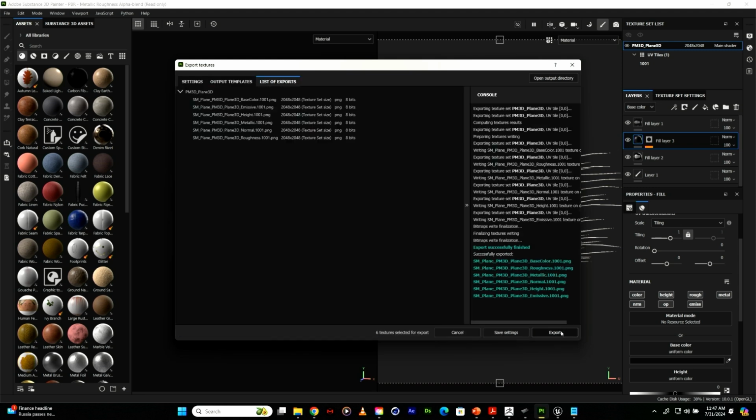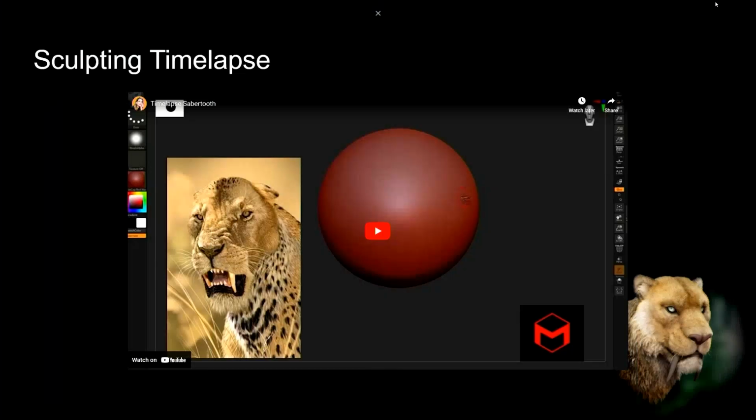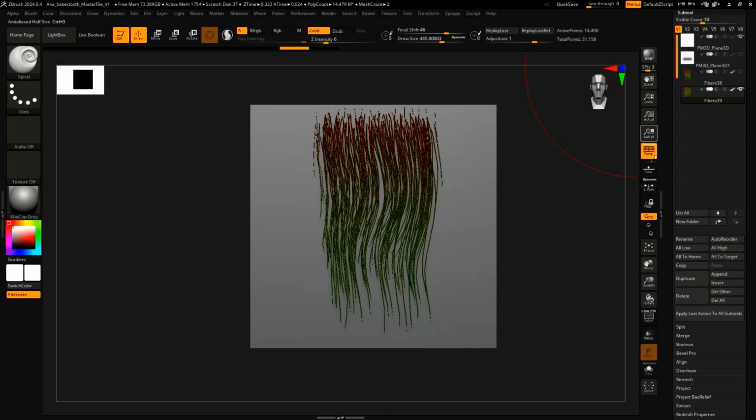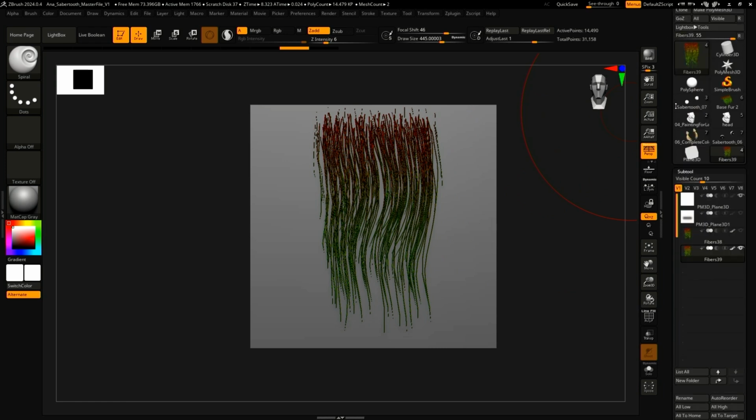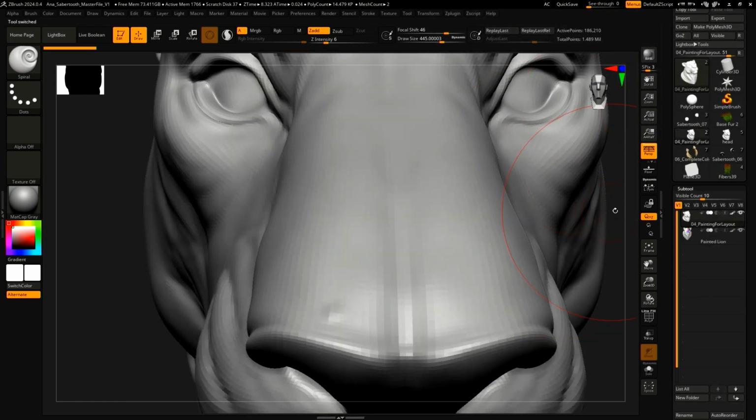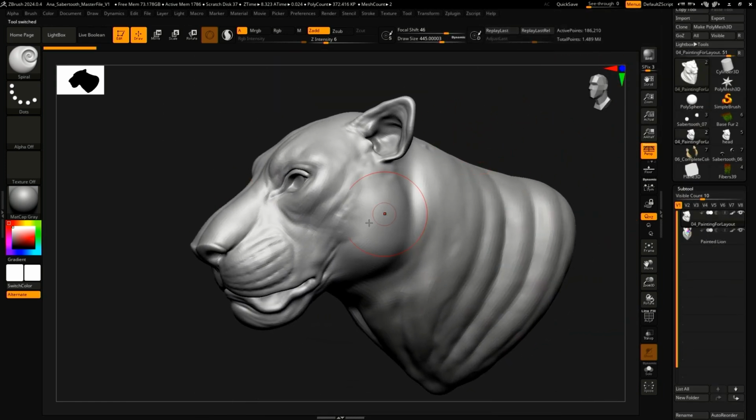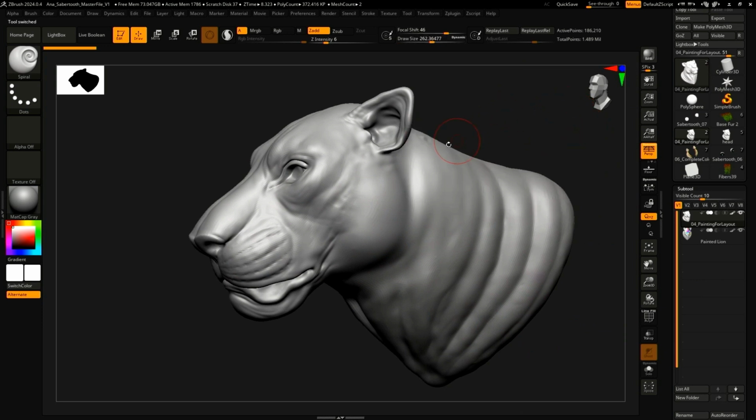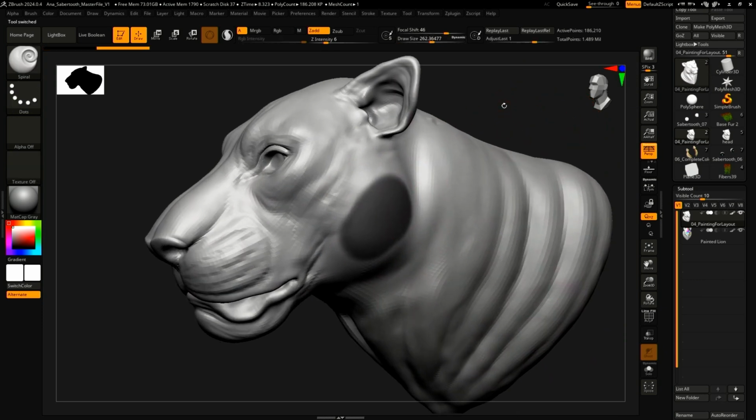Hit Export. And now our files are just PNGs that we can use. I'm going to minimize Substance Painter, and we're going to go back to ZBrush, because now the name of the game is placing those texture maps onto the model. So, just like before, I'm going to mask out the parts that I want to place my hair cards on,